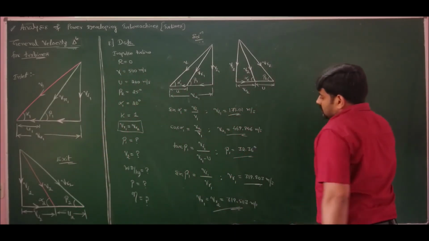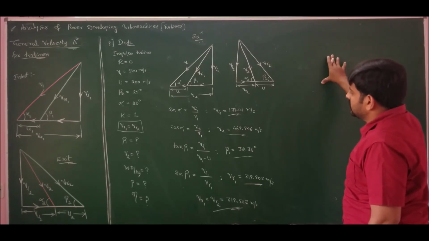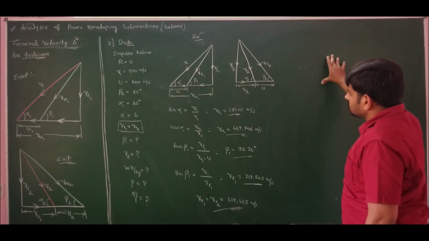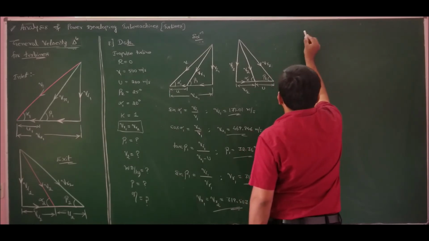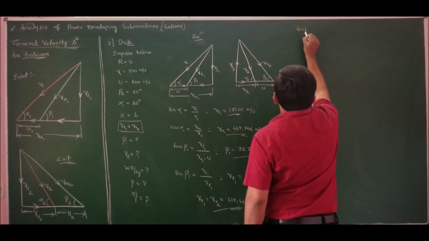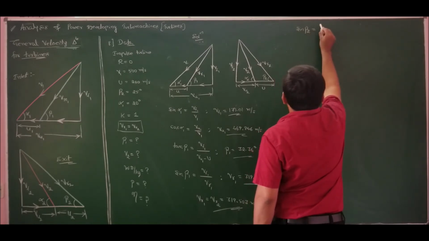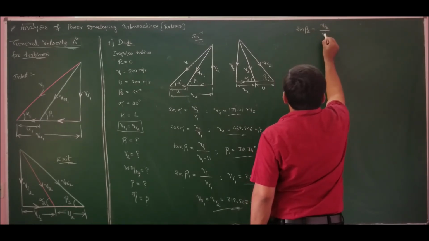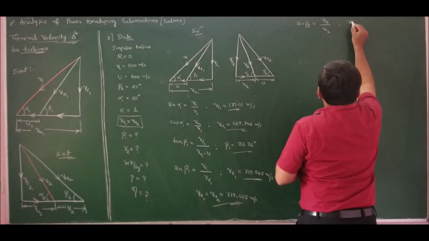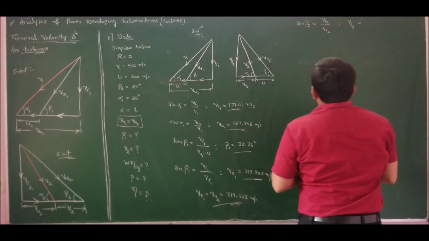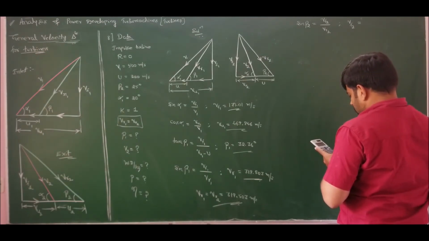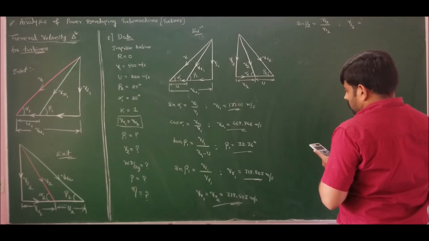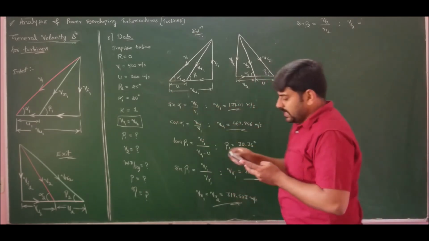Next, this completes all the parameters of the inlet velocity triangle. Moving to the exit velocity triangle, he has given the value of beta 2. We know VR2, so therefore use sin beta 2 and cos beta 2. Sin beta 2 is VF2 by VR2. Hence, calculating the unknown VF2 will be VR2 sin beta 2. We know VR2 is 319.503, into sin of beta 2. Beta 2 is given as 25 degrees.